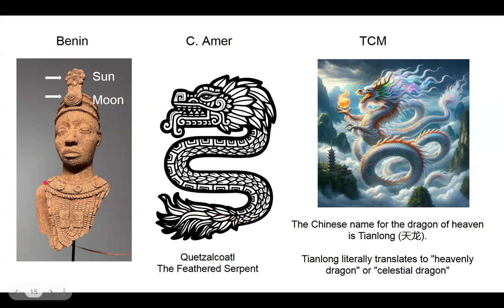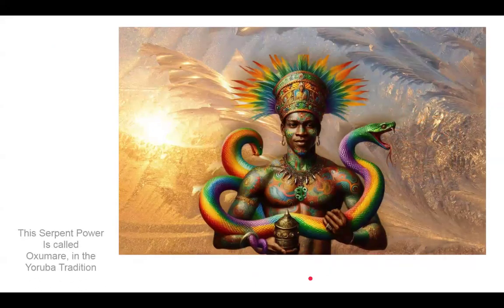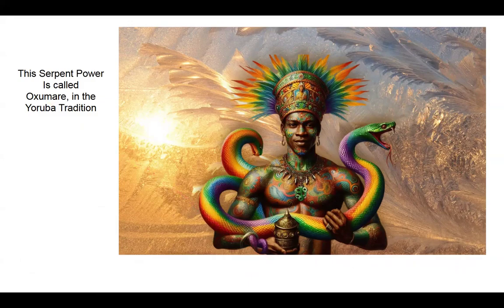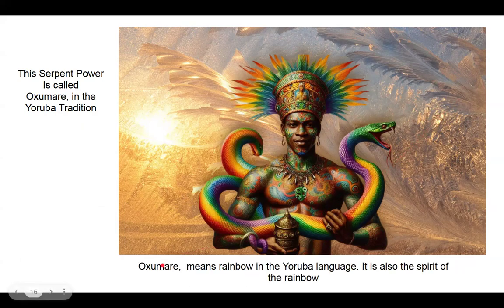So in West Africa, Central America, and in China, you see we have symbolic representations of the energies, the frequency of energies flowing through our bodies. The serpent power is called Oshumare in the Yoruba tradition. Oshumare means rainbow in the Yoruba language. It is also the spirit of the rainbow. Why did we use the rainbow? Because the rainbow has all the frequencies in it